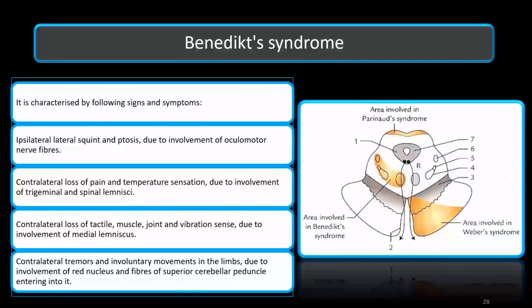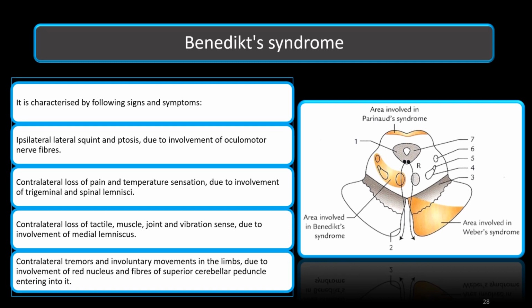Benedikt syndrome is characterized by some of these following signs and symptoms. There will be ipsilateral squint and ptosis. Of course, we know this is as a result of the involvement of oculomotor nerve fiber. We also have contralateral loss of pain and temperature sensation due to involvement of trigeminal and spinal lemnisci, contralateral loss of tactile, muscle, joint and vibration sense, and this will be due to involvement of medial lemniscus,